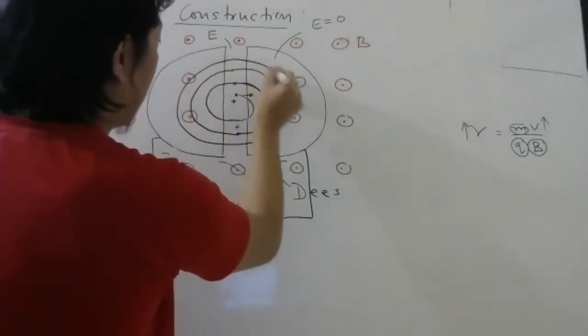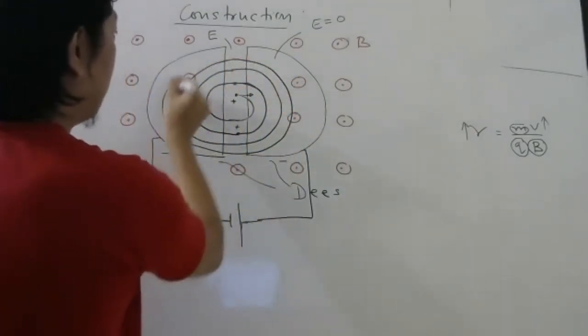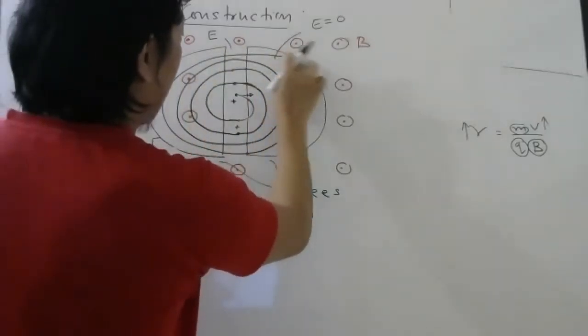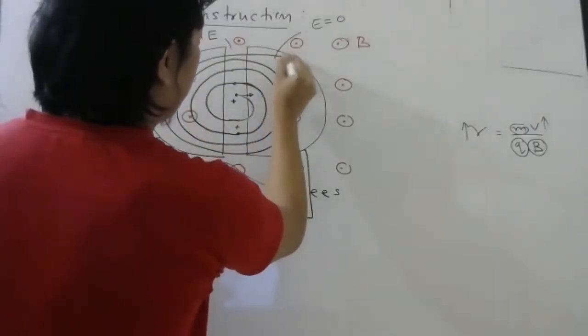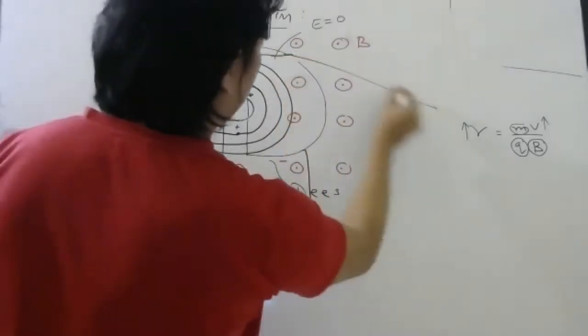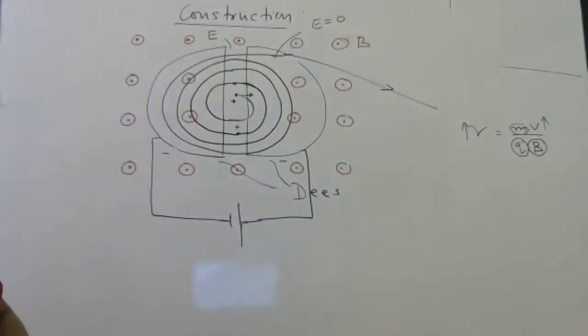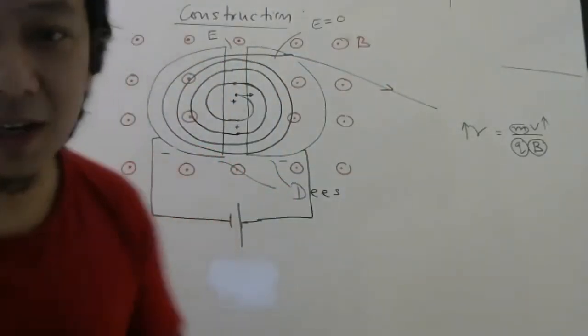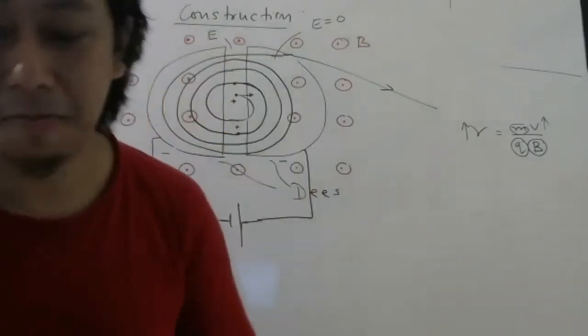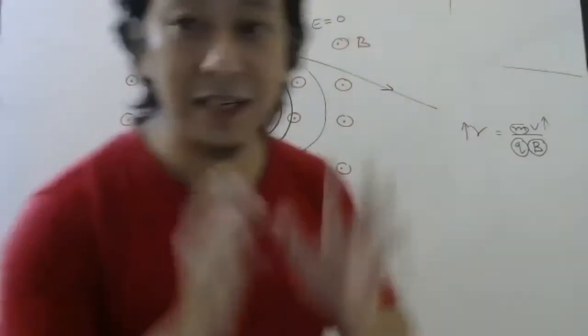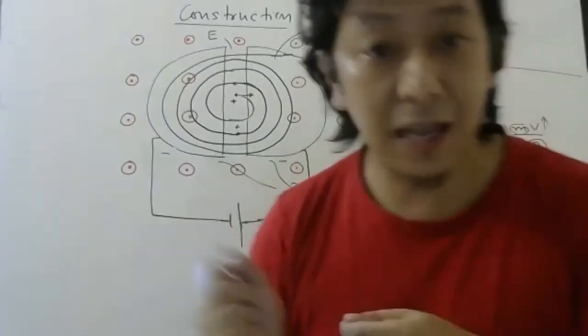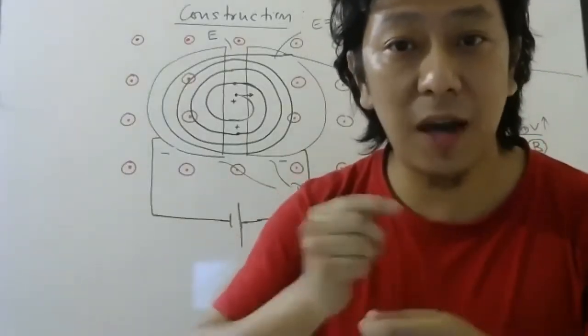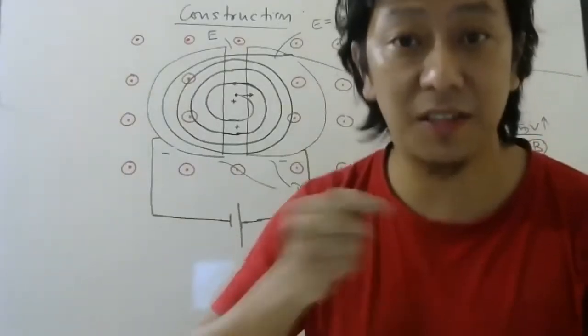And then when it has made some nice number of revolutions, we will put a gap here, and there will be some deflecting plates. It will hit the plate and come out. Okay. So if you see your material, you will see this kind of diagram. So that is the whole idea of cyclotron. This is how we make the charged particle move faster and faster.